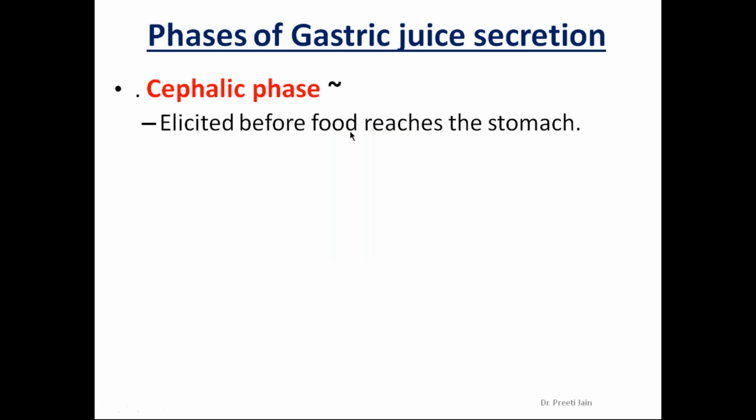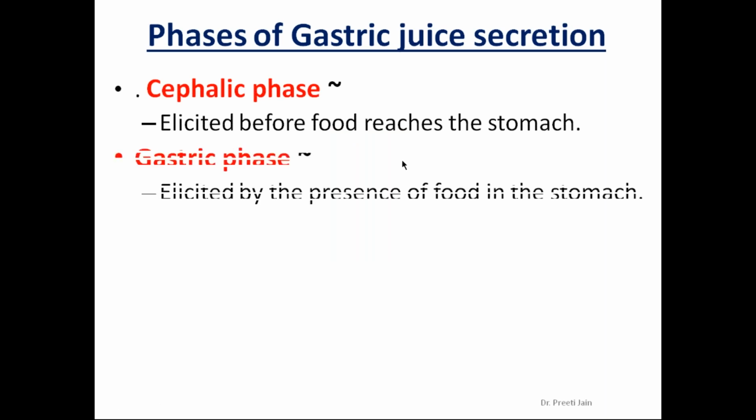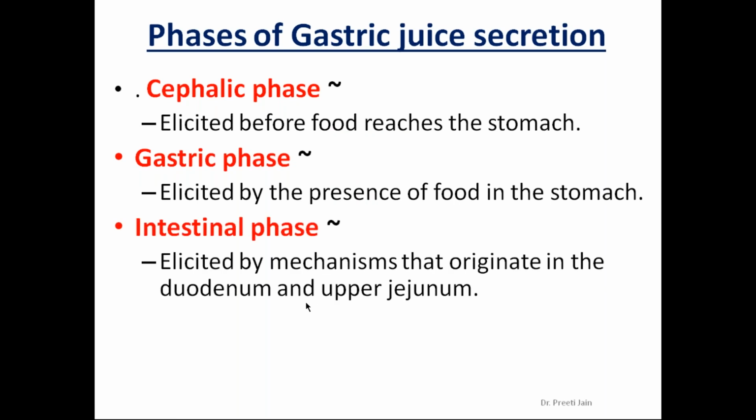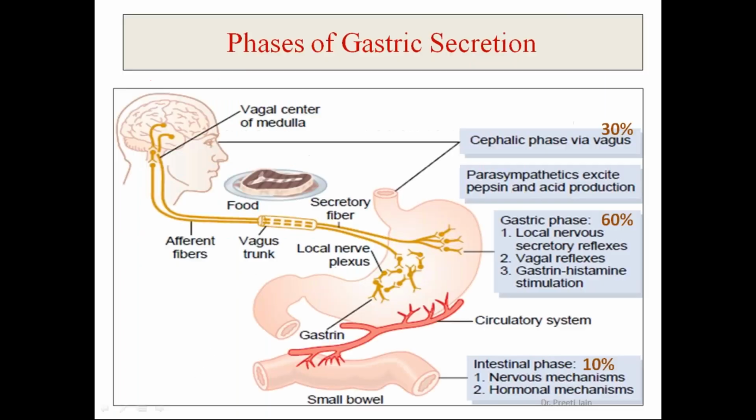So phases of gastric juice secretion, it occurs in 3 phases: cephalic phase, which is elicited before the food reaches the stomach; gastric, when the food is in the stomach; and intestinal, when the chyme enters the duodenum and the upper jejunum. Right? So these are the 3 phases of the